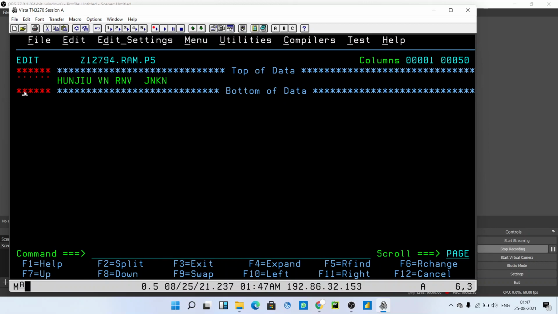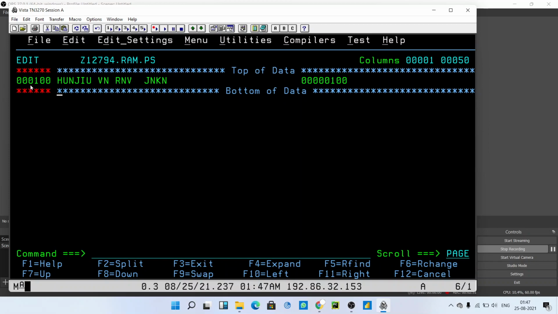But you can't type I here because this is the bottom of your data. You can't insert data after this line. If you enter it, it will give an error, invalid on this line. So you have to delete it, go here and press enter. This is how you can insert a new line in a PS file.